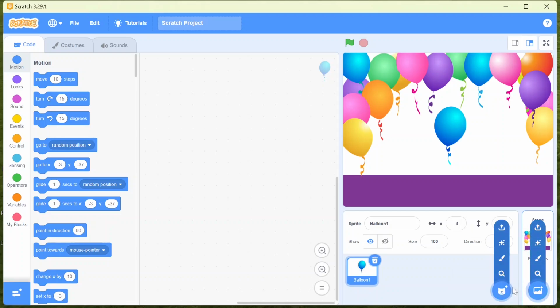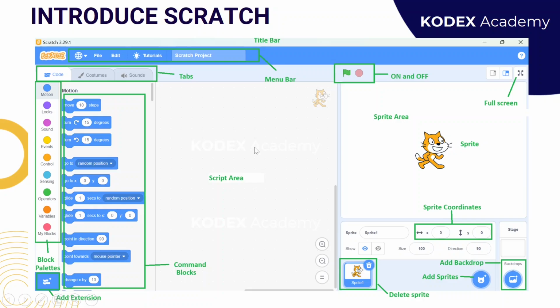So these are the main two things which help us to create any animation, game or stories in Scratch. Now we discuss the other things, how they work in the interface. When we see the Scratch interface, it looks like that. There are many things present over there and everything has a specific function, and now we are going to discuss how everything works.